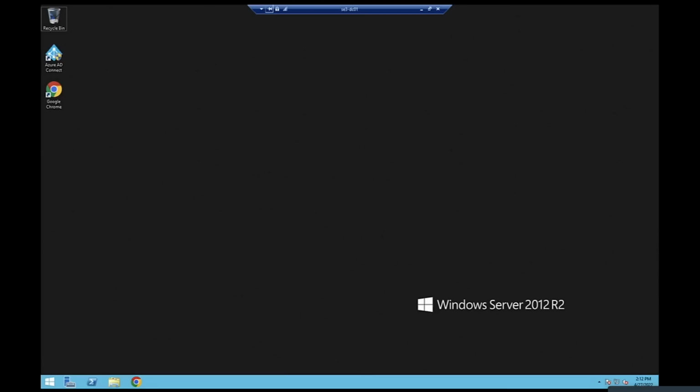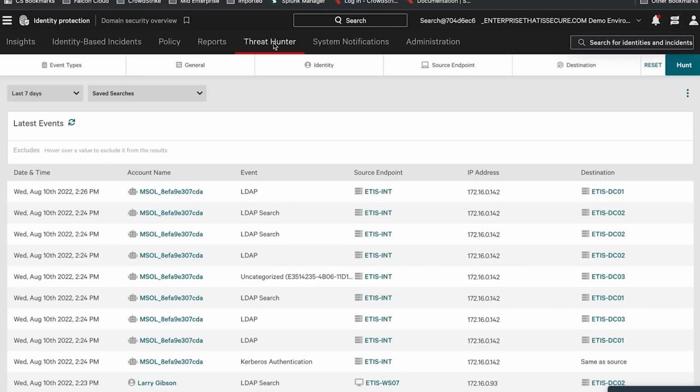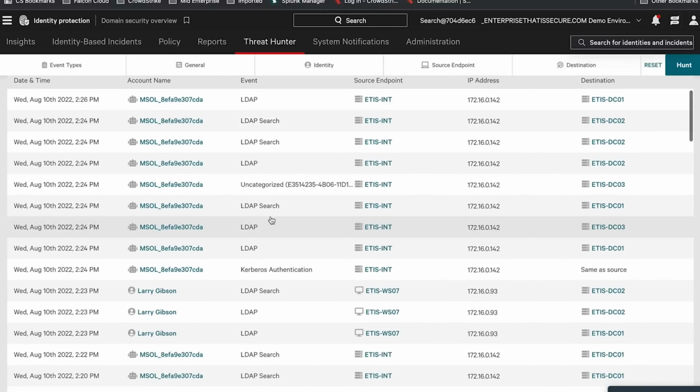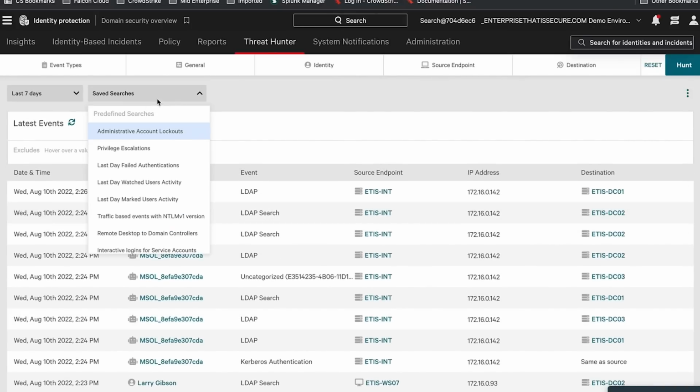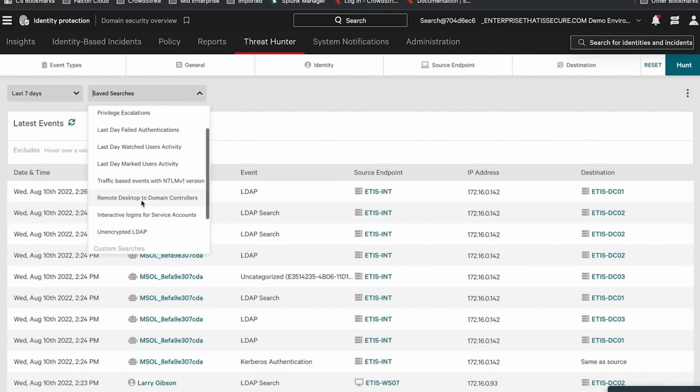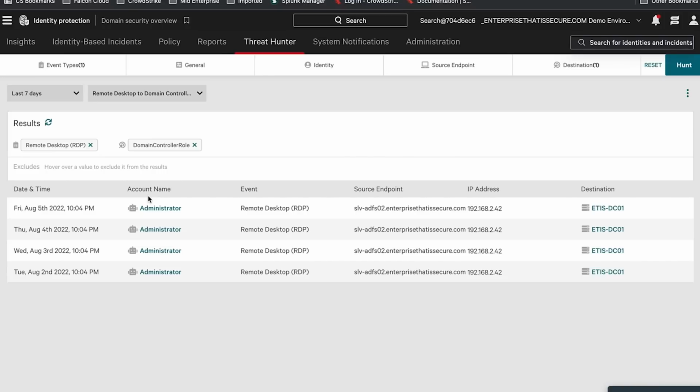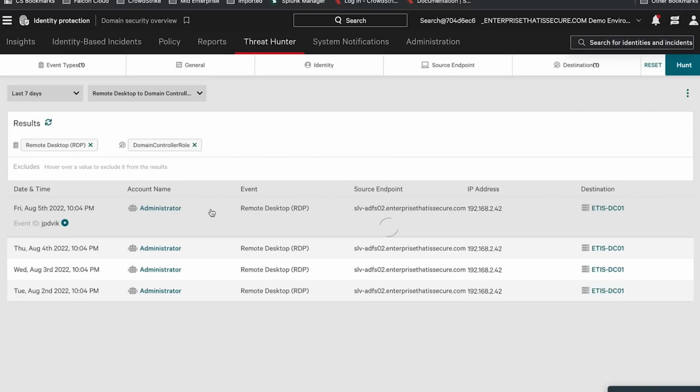So, Christian, if somebody gets onto a workstation and they try to steal a service account, how do we help prevent an entire domain compromise in a matter of minutes? Yeah, that's actually a really good question. As I mentioned, we're collecting this data live, right? So, live authentication across every single account in your environment. This actually gives us the ability to help our customers create these great hunting and search queries, right? So, for example, in that same overview of how we would remote desktop onto a domain controller and capture administrators that are logging in,